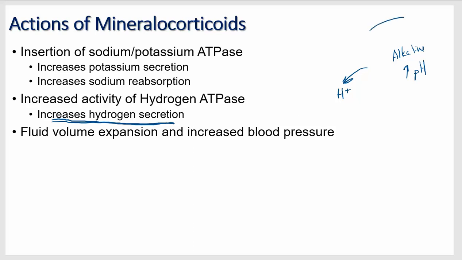If we're reabsorbing more sodium, that means we're also going to be reabsorbing more water, which is going to increase fluid volume, which is going to increase blood pressure. Right? Remember that? Okay,